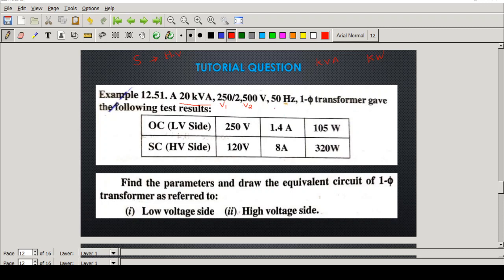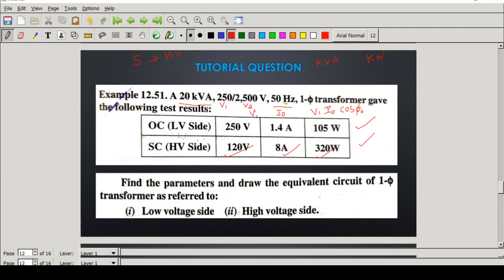Okay, then the frequency is given, and these are the results of the test. In the OC test we are getting the value of V1 and the value of I0, and this represents V1 into I0 into cos phi 0. From this we can find cos phi 0, then accordingly we can find IE, IM, R0, X0, like that. Now this is the short circuit test. The wattmeter reading is here, 320 watt, the short circuit current is there, and the voltage is also there. Now the question is, find the parameters and draw the equivalent circuit referred to